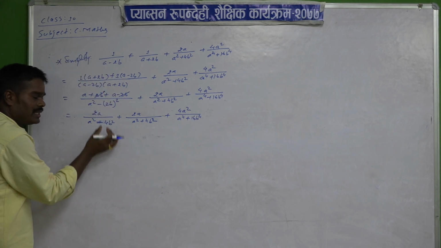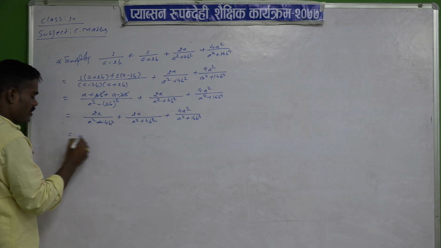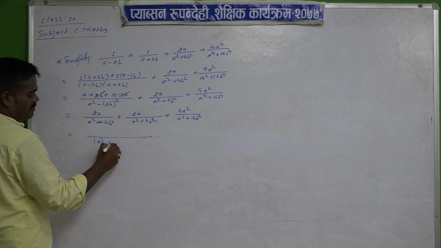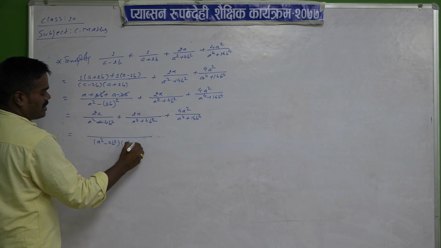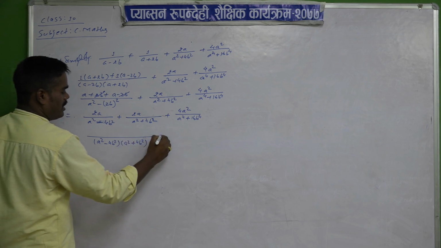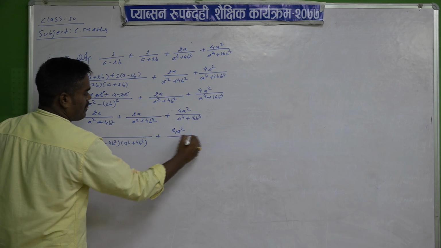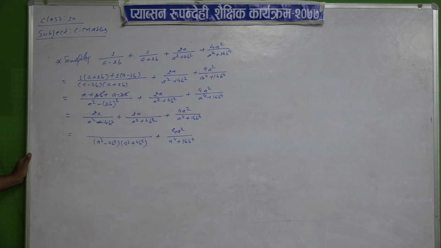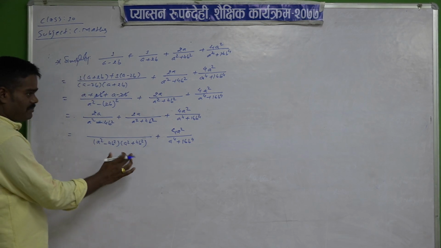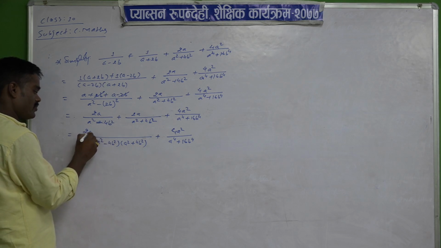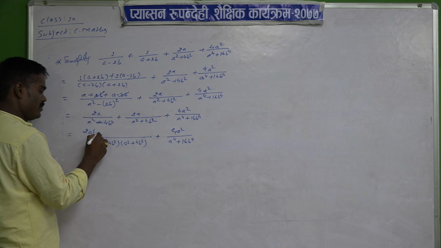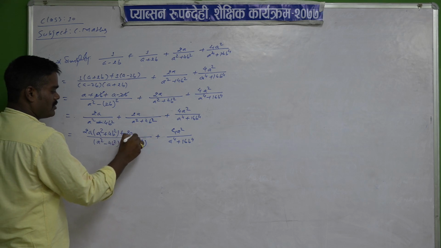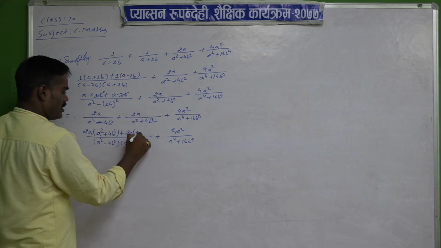Now again you are watching the rational factor of this is this. So again we have to take the LCM of both of these. So the LCM will be (a square minus 4b square)(a square plus 4b square), and this one you have to write the same, a power 4 plus 16b power 4. So see here, again the same process: this divided by this, so 2, this one is left, 2 into (a square plus 4b square) plus 2, this cancelled, (a square minus 4b square).